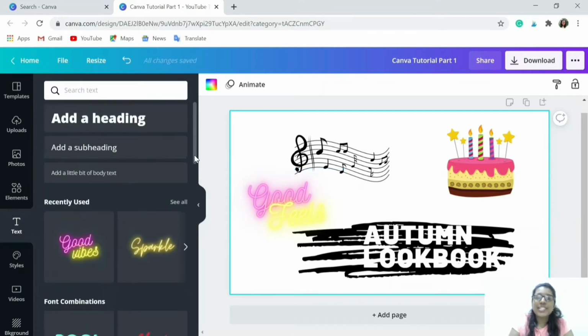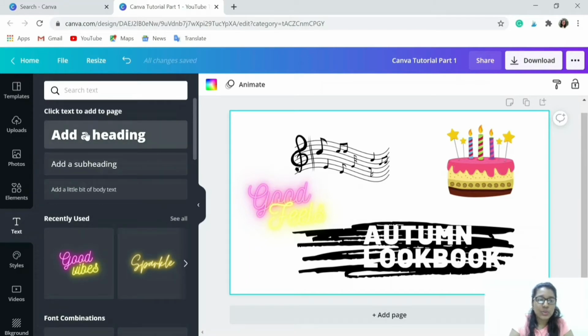Apart from these preset text designs, there are also H1 headings, H2 headings, and H3 headings. So if you want to give the main title of your design would be the H1 heading, the subtitle would be the H2 heading, and the body or the paragraph or the text that you write onto your design would be the H3 heading. A keyboard shortcut for adding text would be